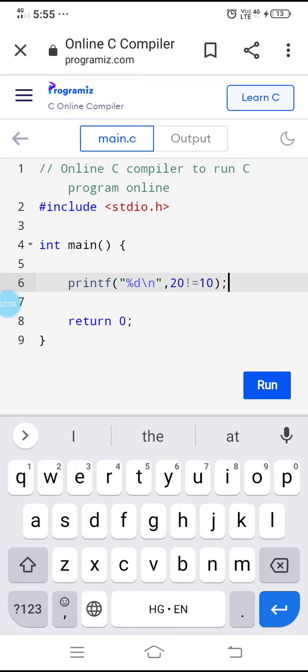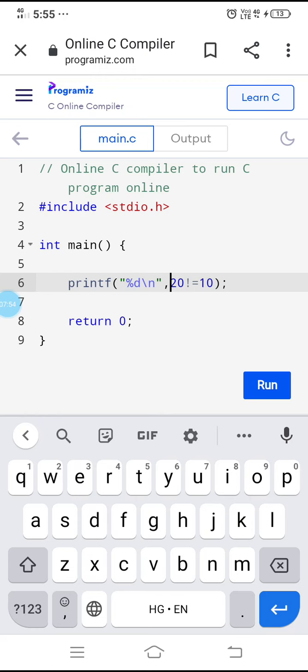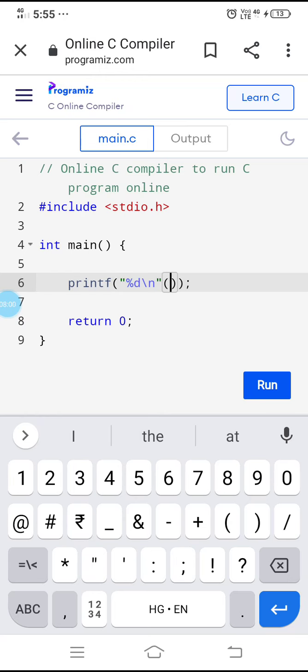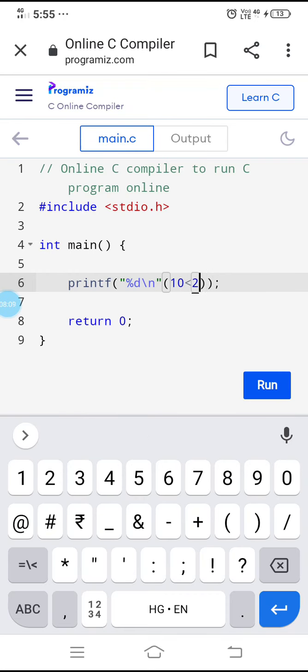Now let us go for the logical operators. So directly I am explaining the logical operators by using the practical itself. So how to use the logical operators is simple. First you write a relational operator statement, for example, 10 is less than 20.